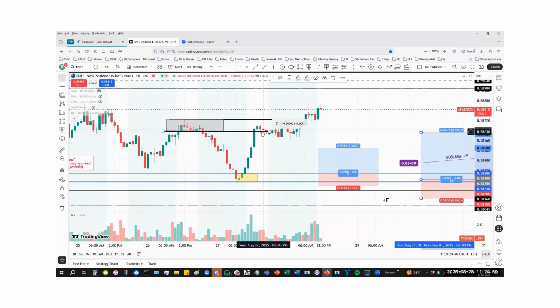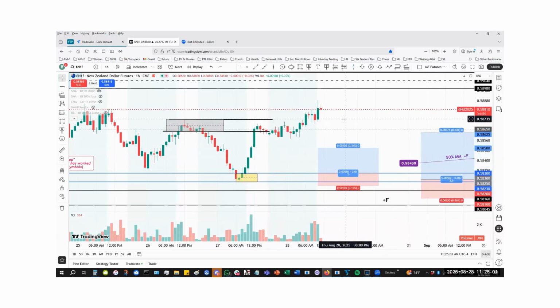So if we want to look and see what we have sort of permission to go for in terms of the juice and the level, this is where we use that Fibonacci extension tool. So what we do is we put that at the back of our zone right there, and then we pull it to the extent of the initial surge, which is right there. Okay, and then we pull